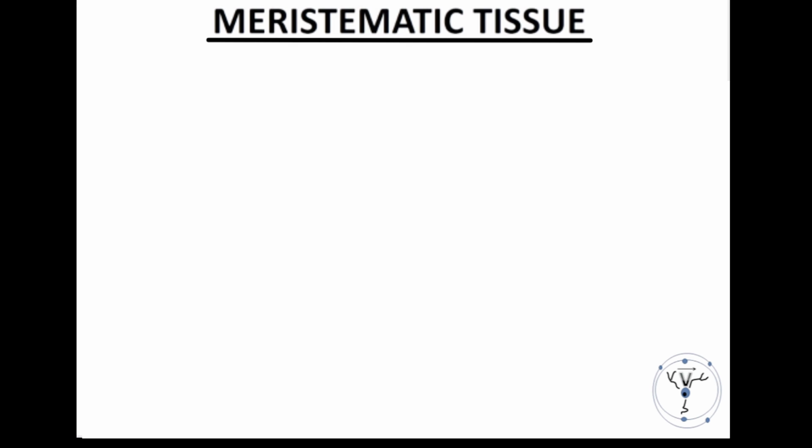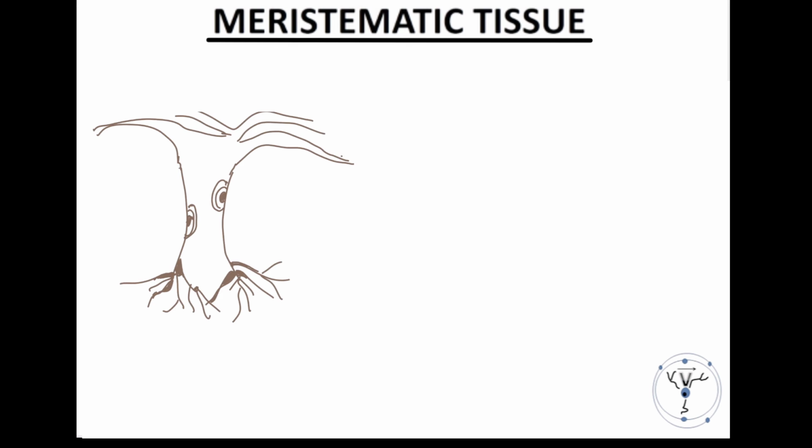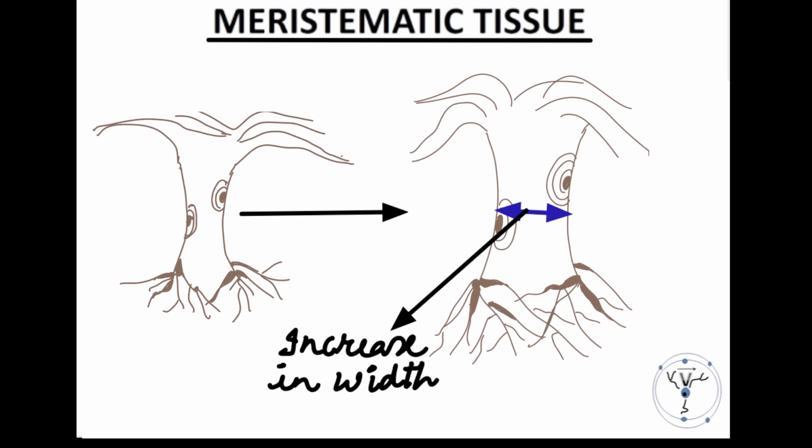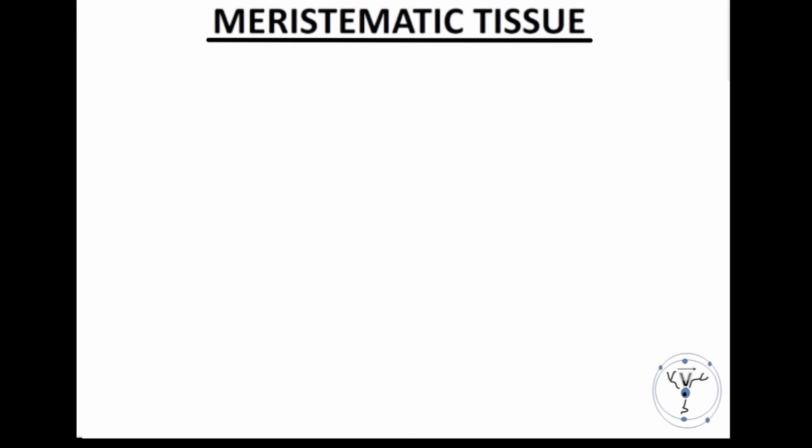While on the other hand, if we take the example of a banyan tree, then it shows excessive increase in girth on maturity, because the lateral meristem expresses itself at a much higher level as compared to that of a sugarcane plant. Hence, in this way, we see a differential expression of different kinds of meristems in different kinds of plants.